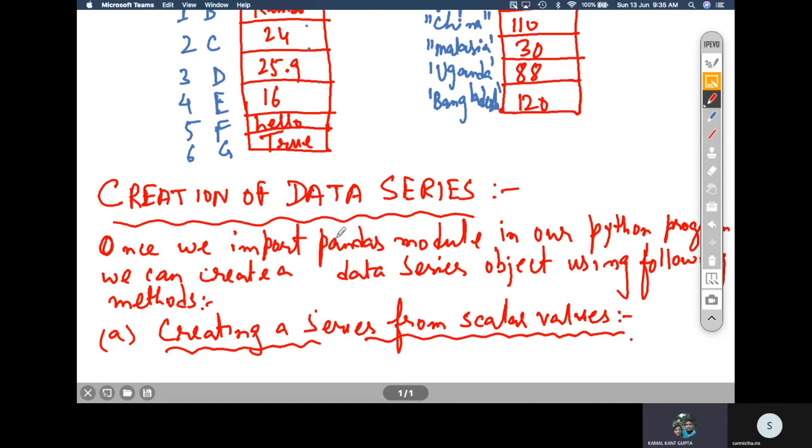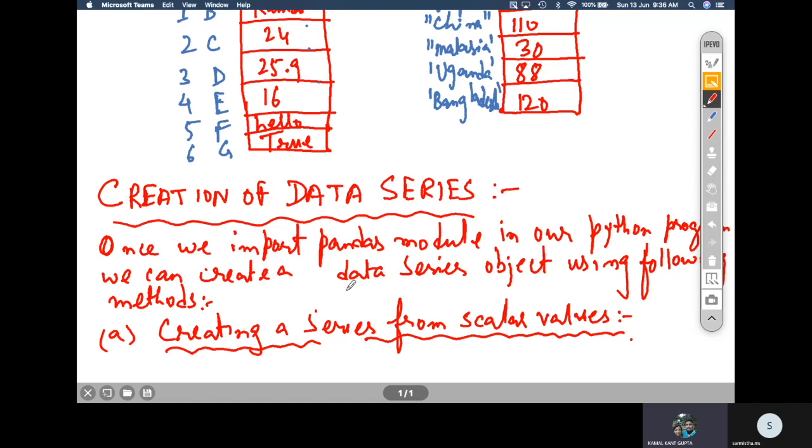You can directly pack those scalar values into a list, and pass the list as a parameter to the function which creates the series. So we just create a list of scalars and pass that list to create a series.